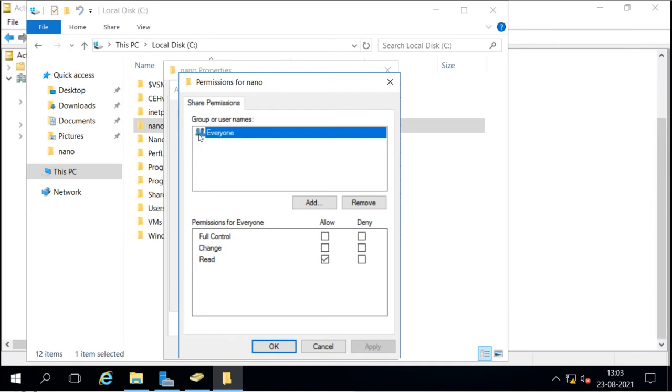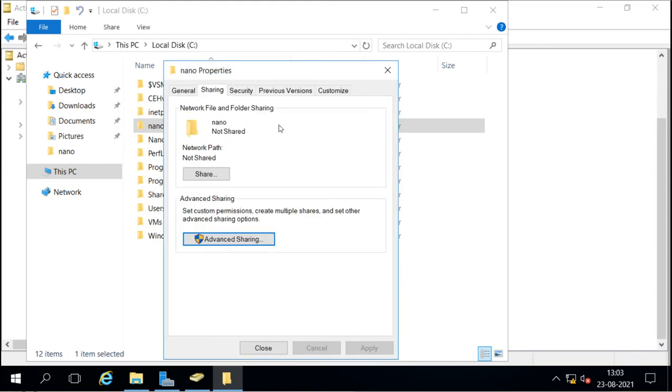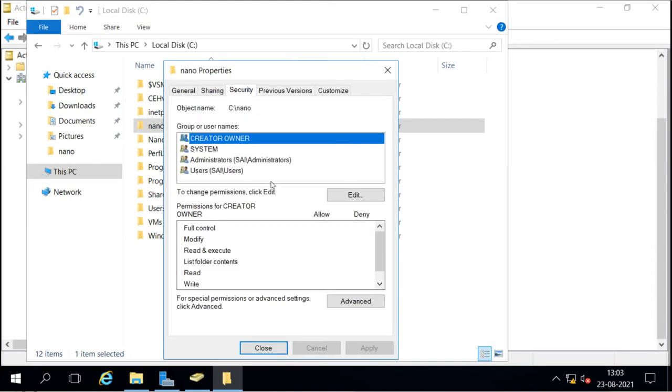You can see the two heads here, that means it is a group, but you will not see it anywhere else. It is a special identity. And when you go to security, you can see the creator owner here. This creator owner is also a special identity.